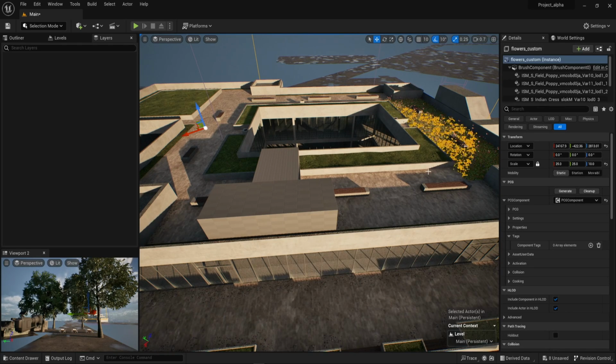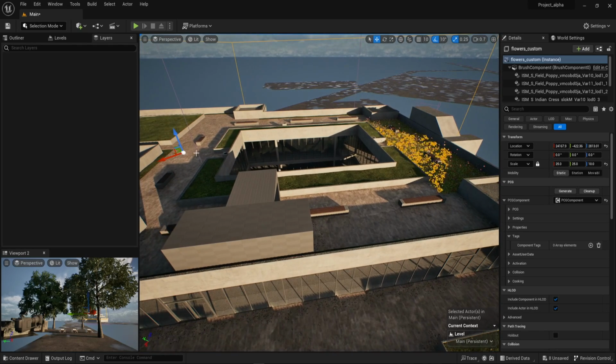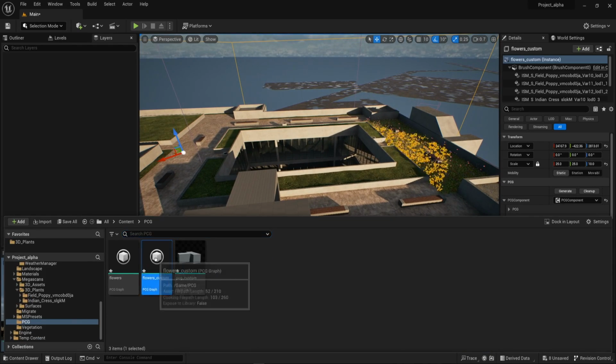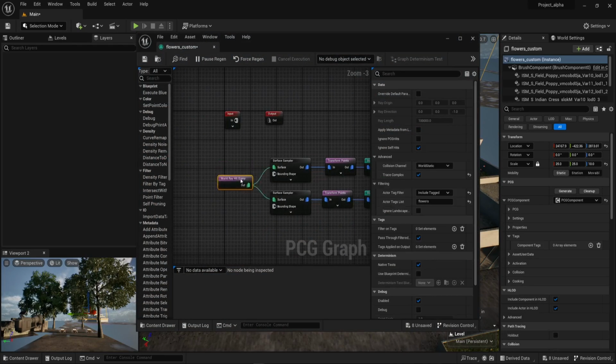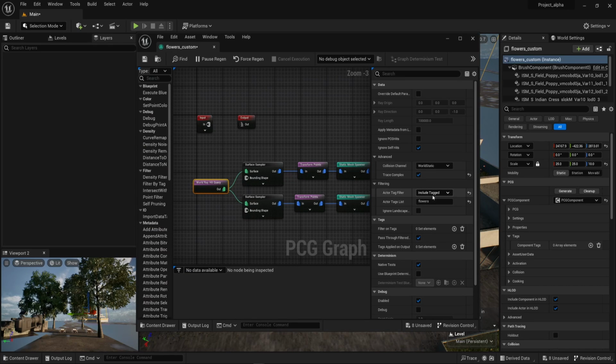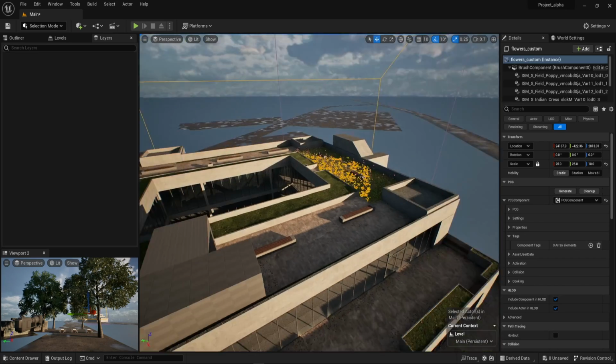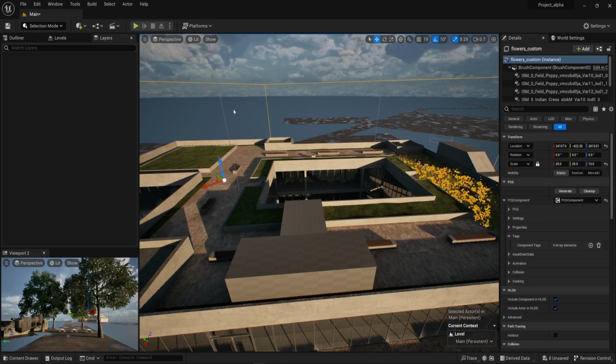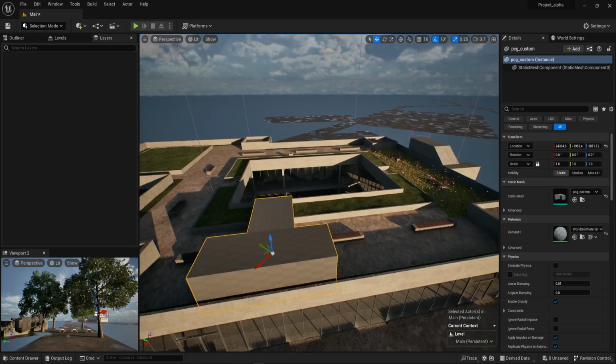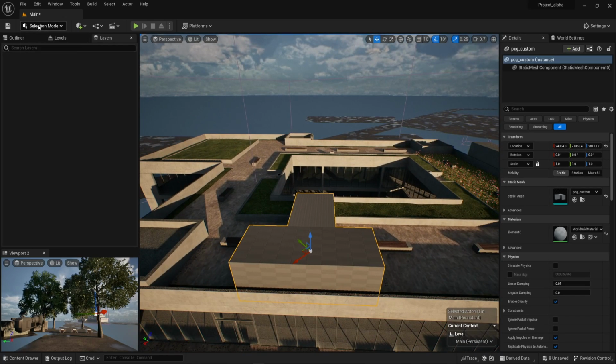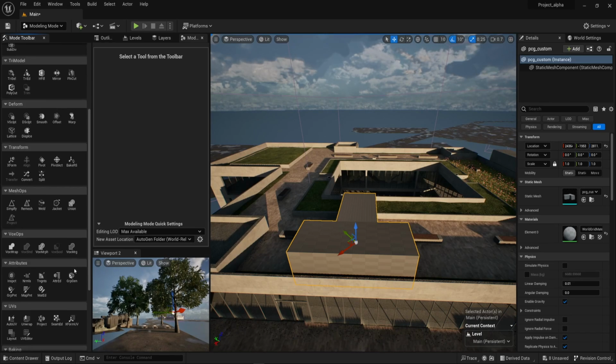They won't work because if you remember the graph explicitly said include only flowers tag, so we're fine. Then select the volume you've imported and we go to modeling, we go to